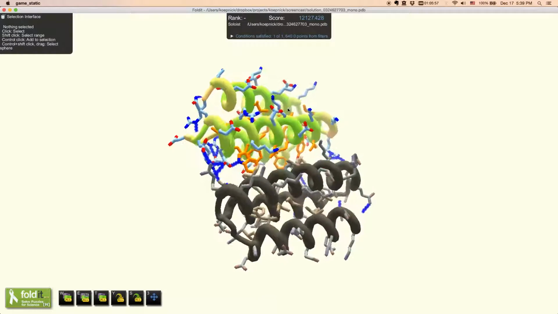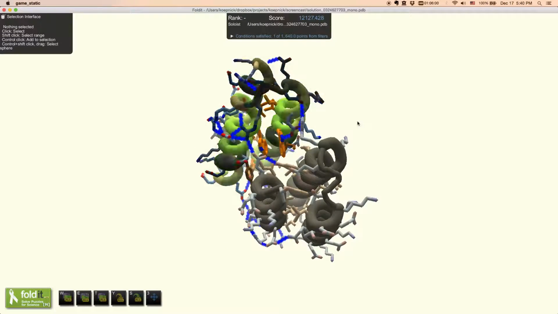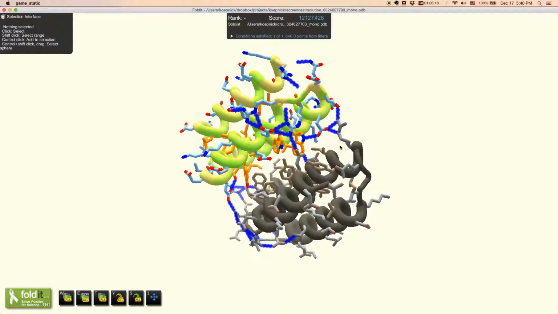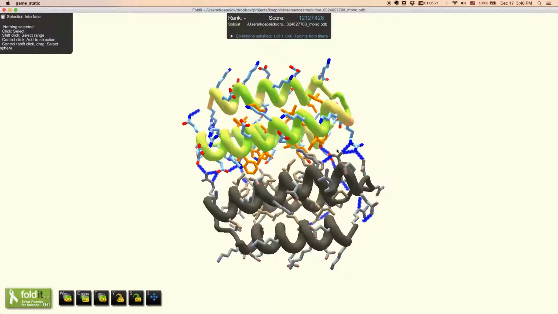So what that means is that for this, oops, I did not want to pull. Here we have 3 interface H bonds times 80%, and then times the scaling factor, which I think here is 100 again. So this hydrogen bond network gets 240 points. If we look at its symmetric copy, we'll spin the protein around. If we look at its symmetric copy, we see that this network is only credited with 1 interface H bond. Even though it makes 3 interface H bonds, it is only getting credit for 1 of those, and that's why it only scores 80 points.